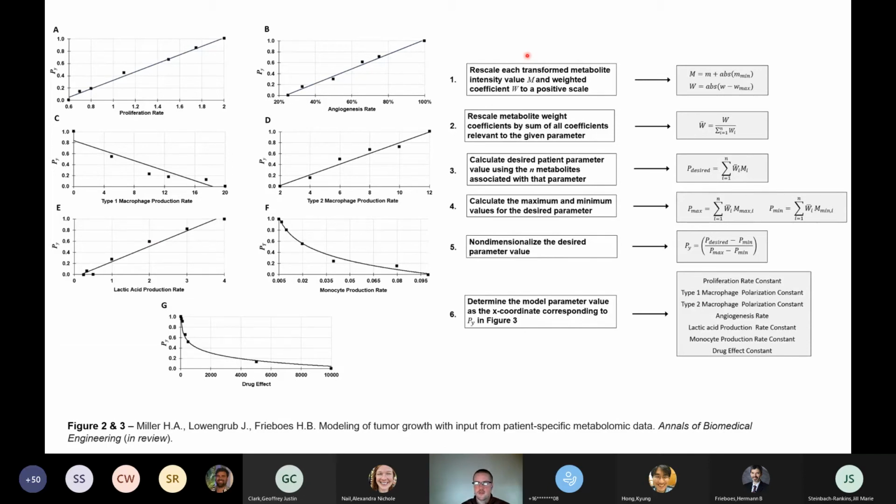Using either machine learning or a statistical analysis, we assign a weight coefficient to each metabolite to determine its contribution to the parameter calculation. So far, we have tried using partial least squares, with the dependent variable used to provide weight to each metabolite. Then we rescale each transformed metabolite intensity value to a positive scale. The metabolite weight coefficients are rescaled relative to the sum of all coefficients for that given parameter. And the desired patient